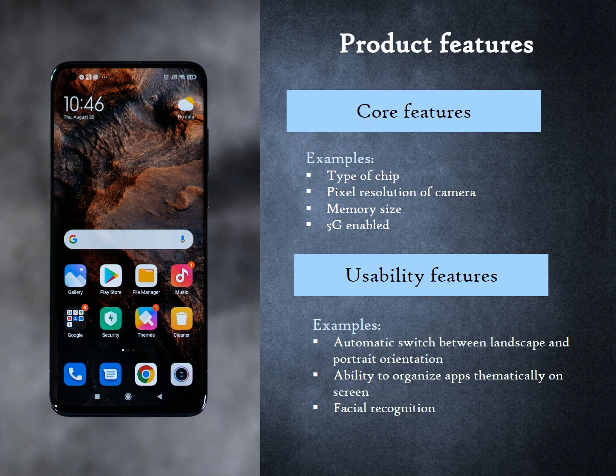Take a smartphone. Core features include the type of chip, the pixel resolution of its camera, the size of memory, etc. An example of a usability feature is whether the orientation of the screen changes between landscape and portrait modes automatically when we physically rotate the phone. The distinction between core and usability features may not always be clear-cut, but this is a useful framework for the